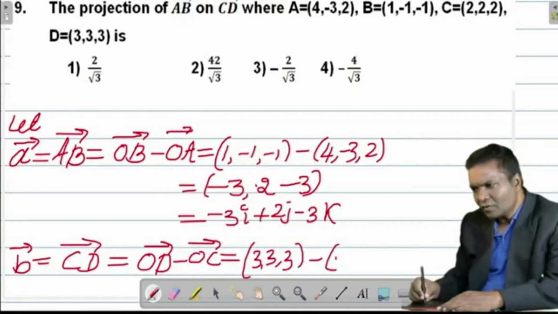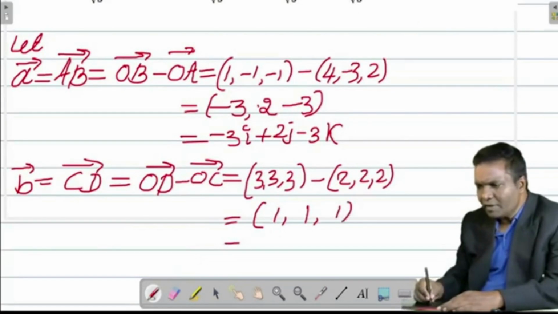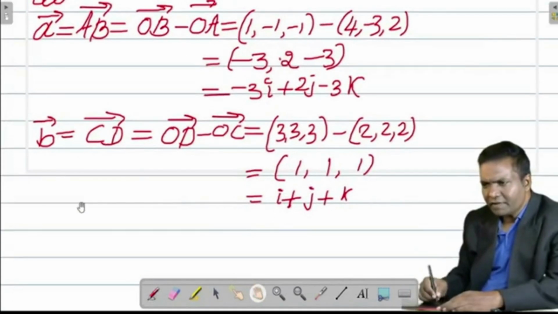Coordinates of C are 2, 2, 2. One can write directly 1, 1, 1. So you will get 1, 1, 1, and you may write it in the form of i plus j plus k for your understanding. Now we want the projection of AB on CD. Therefore,